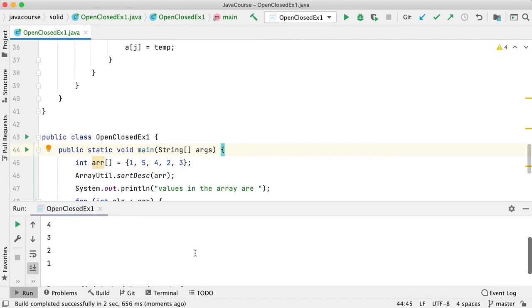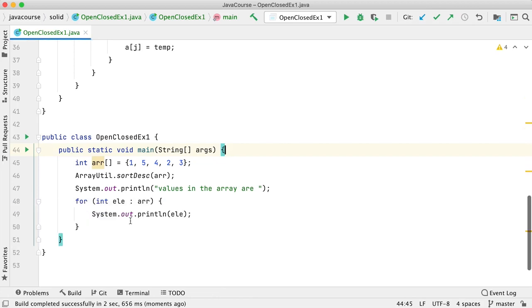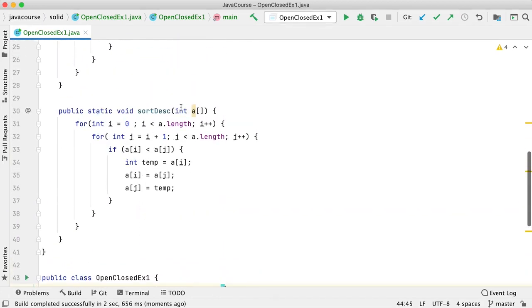So ascending and descending is fine to some extent, but going forward, if these are not integers but objects, for example, like what we discussed in the previous case, a list of accounts or a list of student marks, somebody comes and says, please sort by student roll number, or sort by name, or sort by final score, total score. If you keep on adding cases and keep on adding functions, that is not a good idea. So we want to avoid these kinds of things.